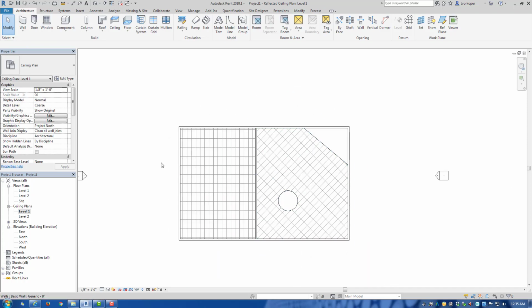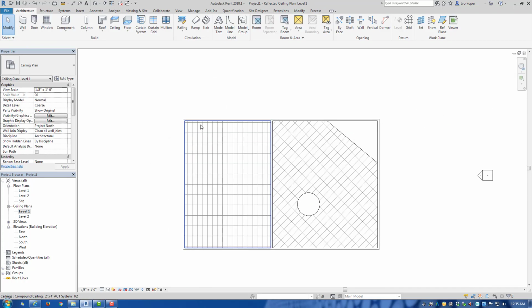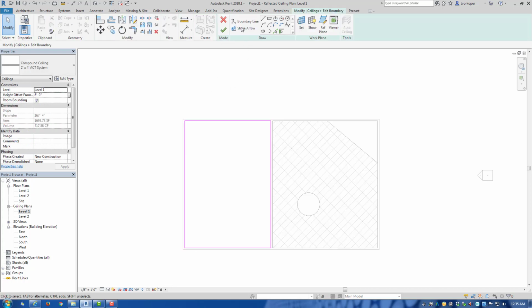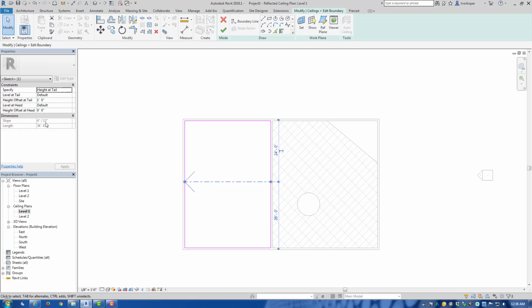Just like the floor tool, when I'm in sketch mode for ceiling, I can use a slope arrow to slope the ceiling. I can go from side to side or from corner to corner. While I'm in sketch mode, I add the slope arrow. I can highlight that slope arrow and